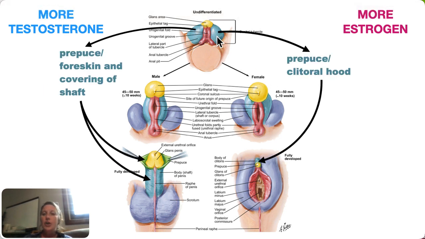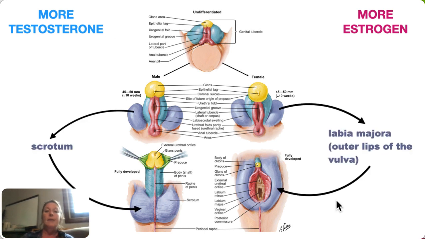Okay, these turquoise structures. In the presence of testosterone, these become the skin that covers the shaft of the penis, including the foreskin, which covers the head of the penis, and in an erect penis is pulled back to expose the glans. In the presence of estrogen, that becomes the skin, like the foreskin on the penis, but the skin that covers the clitoris, also known as the hood. Both of these have the same scientific name, which is prepuce, which I think is one of the ugliest words you could come up with to describe sexual anatomy.